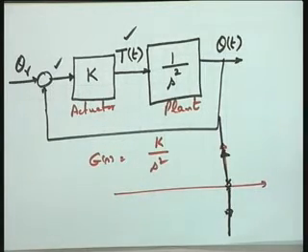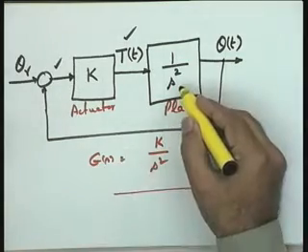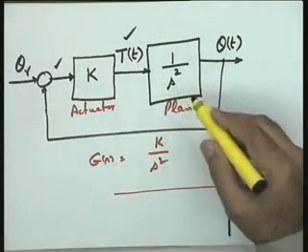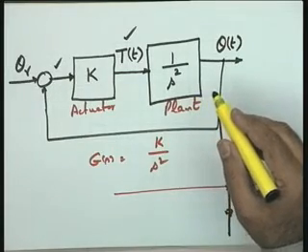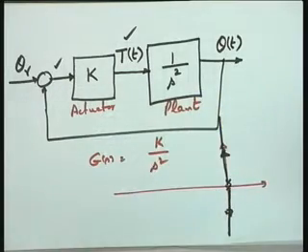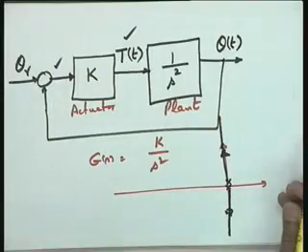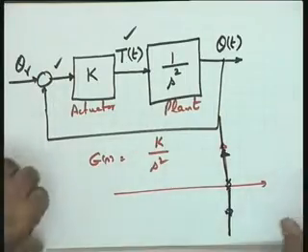Phase lag, you can just imagine, is nothing but adding one more integrator to the system. Adding one more integrator means making it type 3. Naturally you will not like to go for that because it will be a highly unstable system. So the choice in this particular case is phase lead, and the idea is that this particular root locus plot should be pulled onto this side. Okay. Any question please?